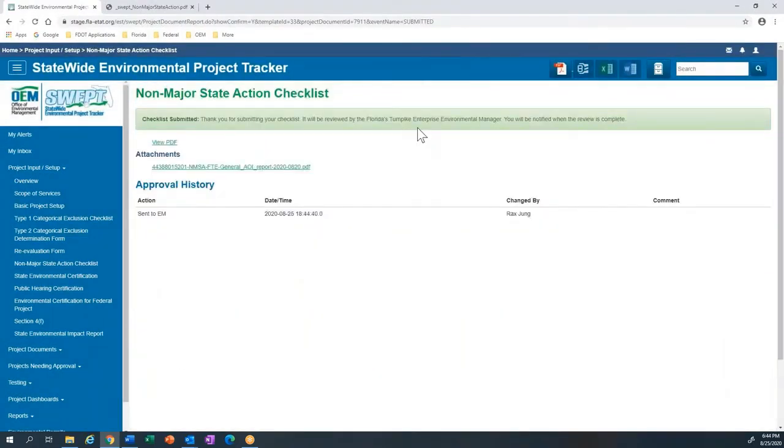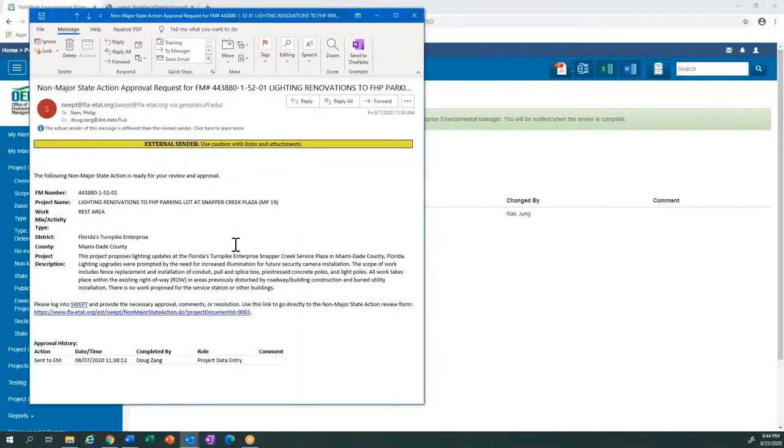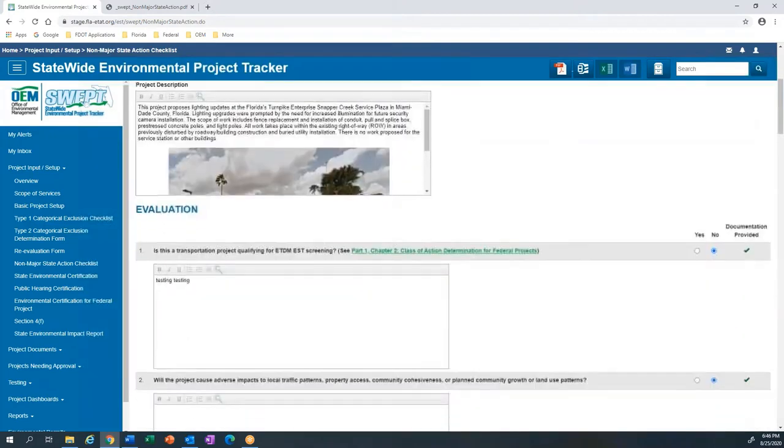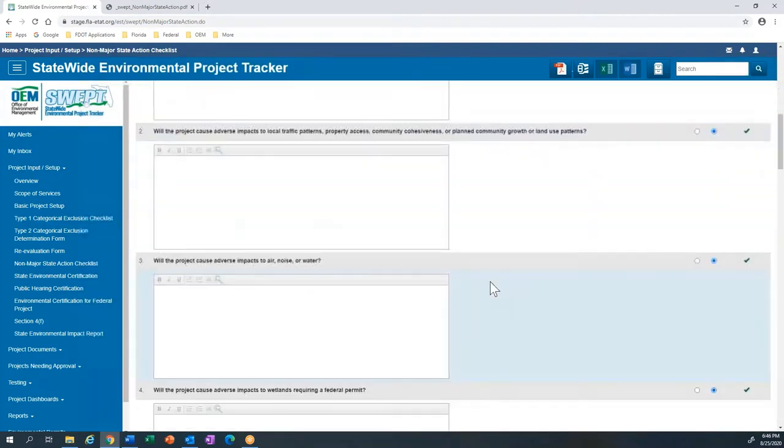And it is ready to be reviewed by the Turnpike Enterprises Environmental Manager. The manager would have received an email that lets him know that it's ready and with a link to the file. Now I'm logged in as the environmental manager, and I'm at the form, and I would review it